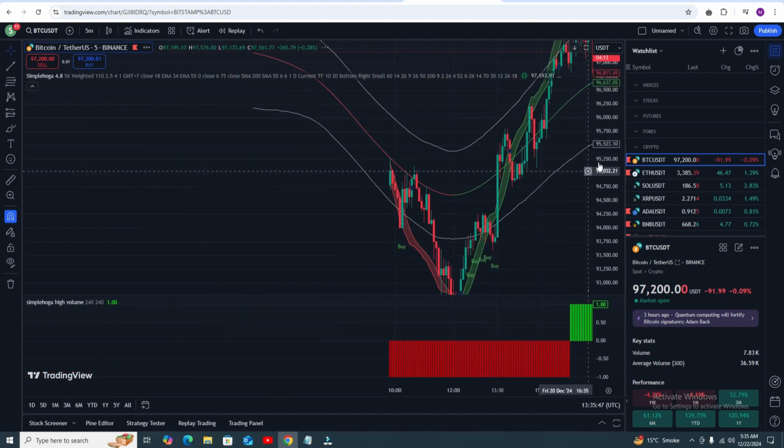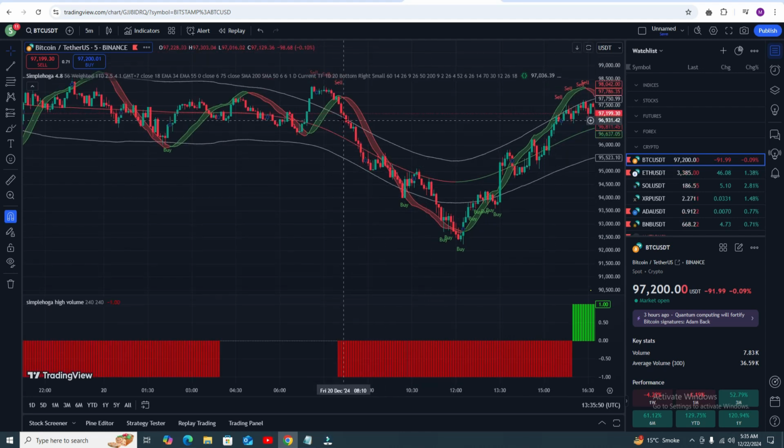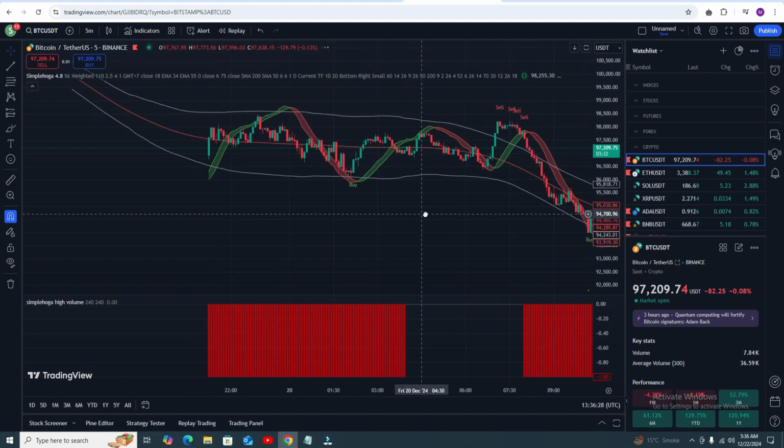Let me show you some more examples. Here you can see this is a perfect example. Whenever you're getting the sell signal, strong sell volume, just open your position. Do not watch anything, just go for the sell trade, and you can see you got the profit here. When you opened the position, the price was around 97,200, and when you got the profit, the price was 94,082. It's around 97 to 94, a 3000 movement. That is actually a very big movement.